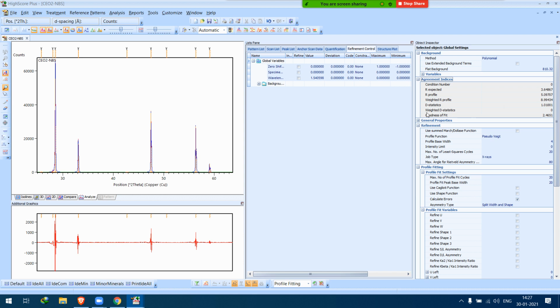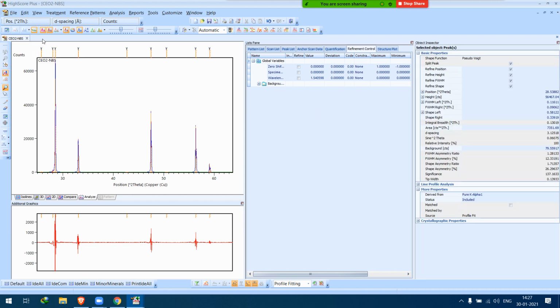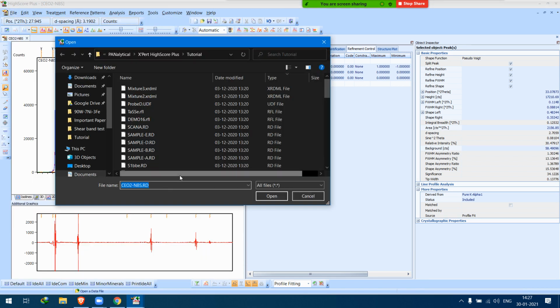Now we can open your own sample. We'll choose some raw data. Let's say, okay, CF2 is there.